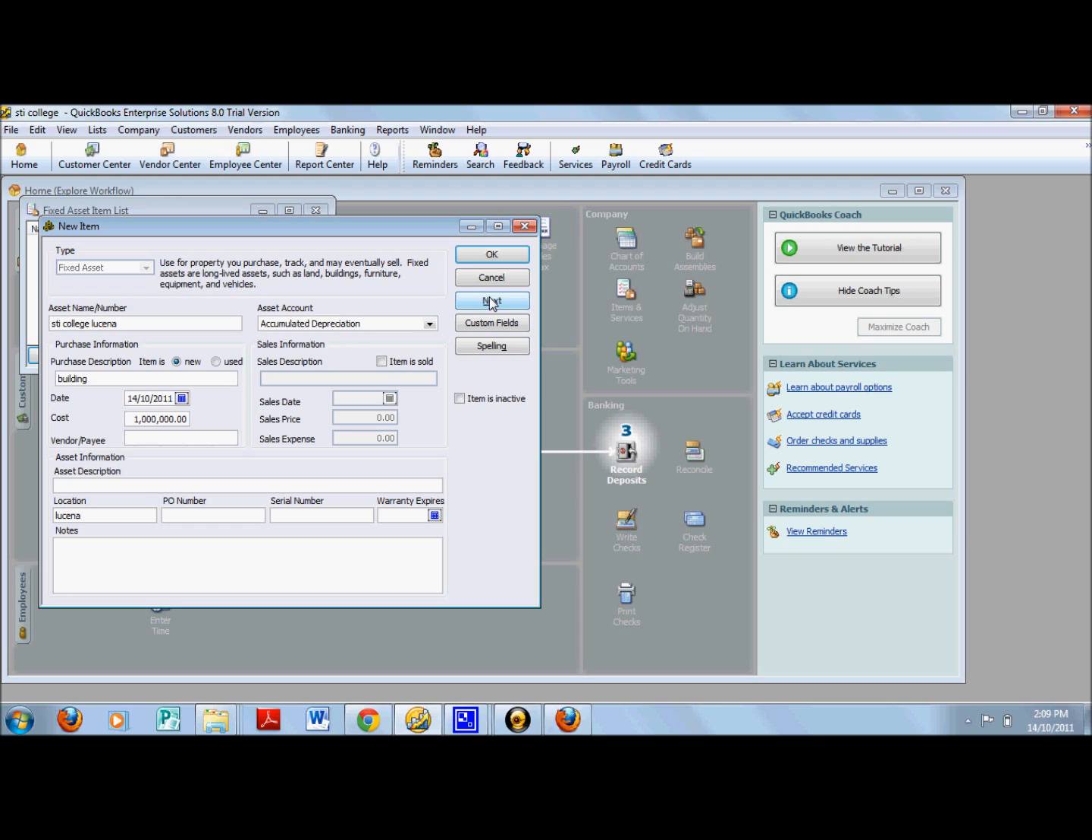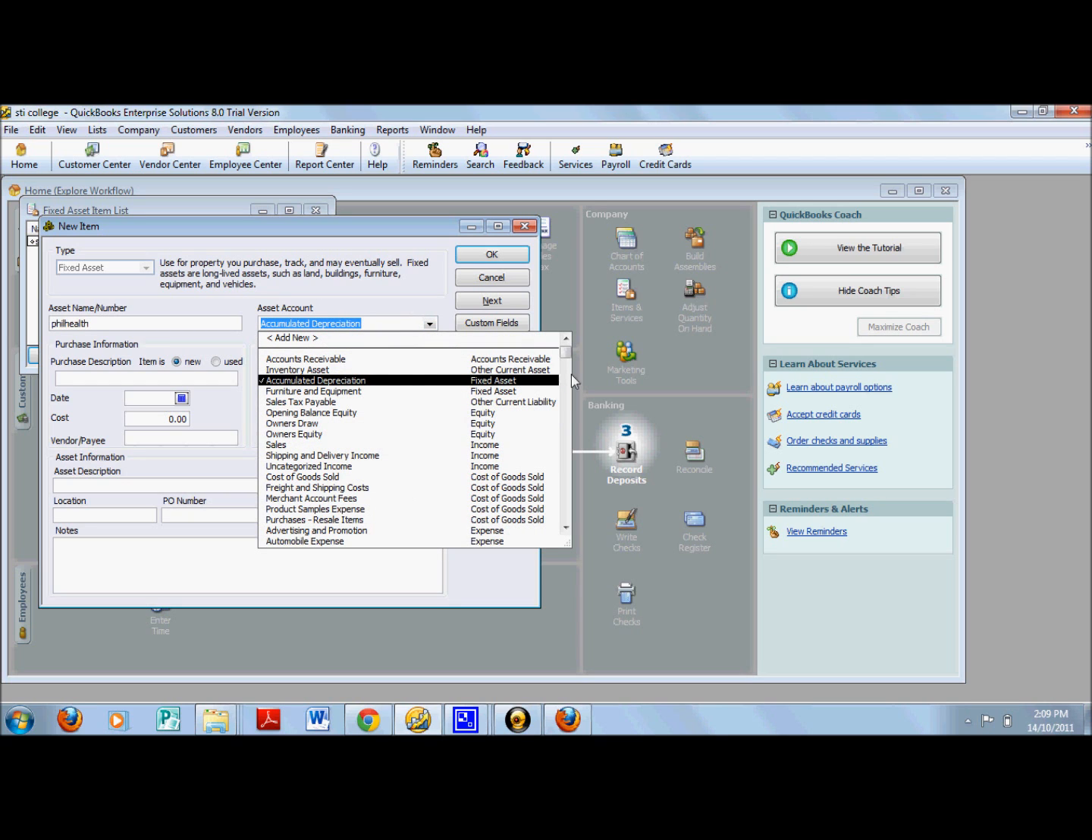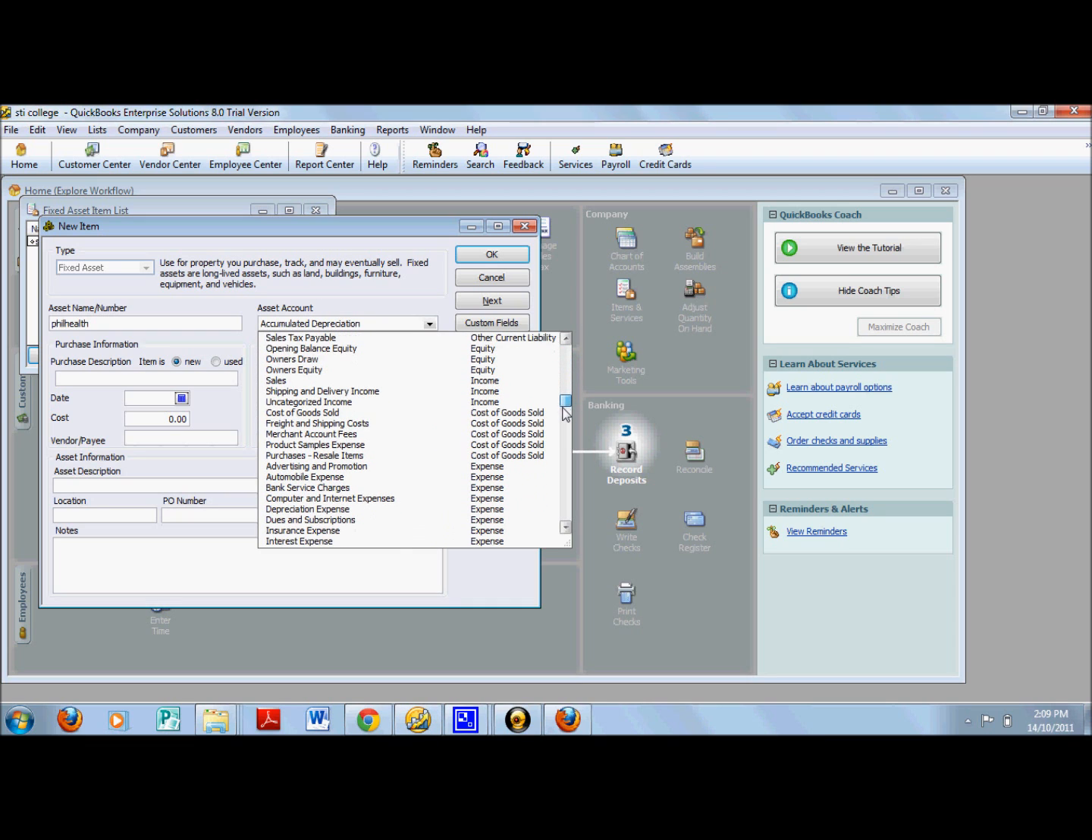And then if you want to add another new item, just press next. Then go back to asset name. For example, PhilHealth. If it is under insurance, insurance expense,